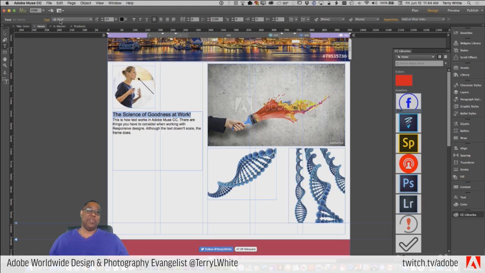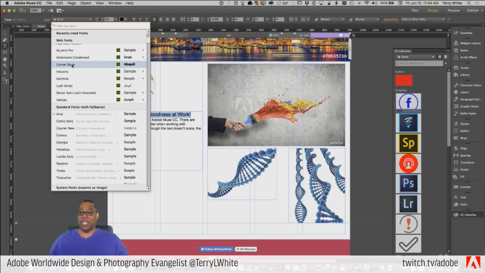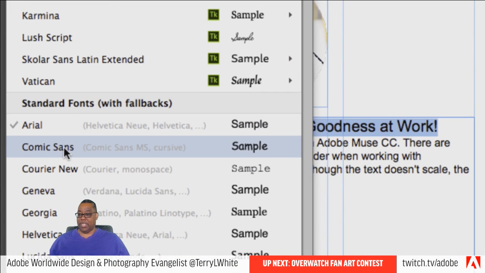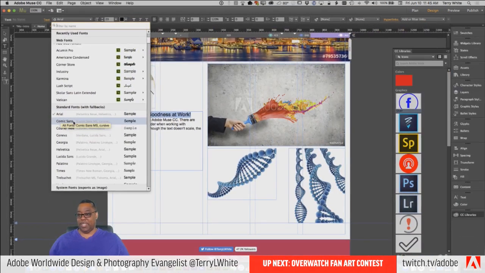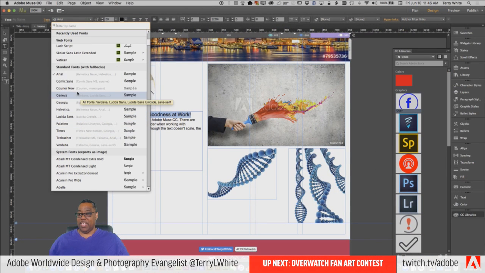It's on desktop computers, no matter what platform it is. It's on every operating system. It's on mobile devices, again, no matter what platform, iOS, Android, Windows, whatever. It's on everything. So Arial is the font I don't have to worry about. What other fonts don't I have to worry about? Well, there's a set of fonts called standard fonts here in Muse. I believe it's still 11. Let's make sure, because you always use that number. 1, 2, 3, 4, 5, 6, 7, 8, 9, 10, 11.